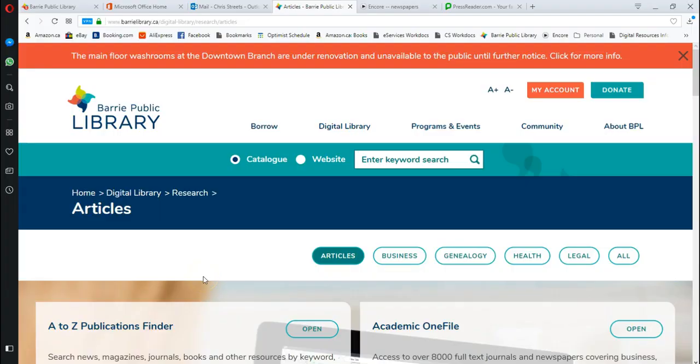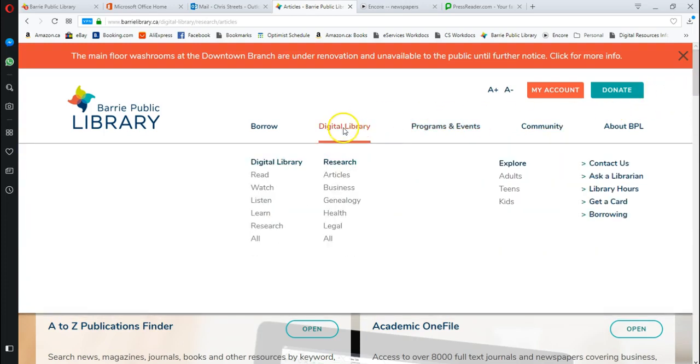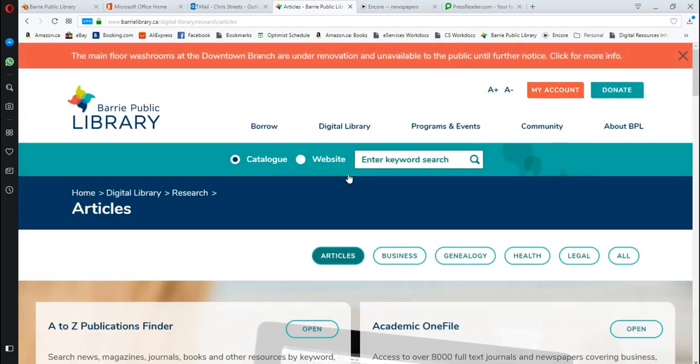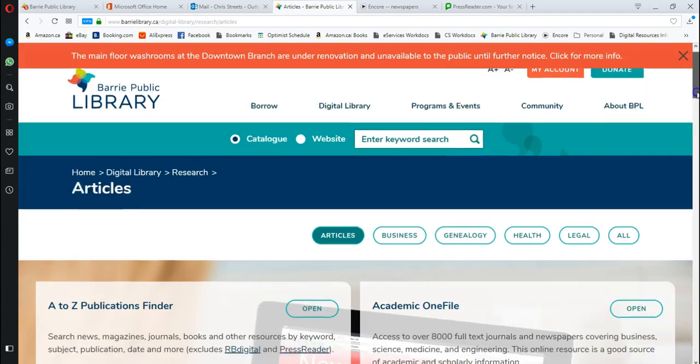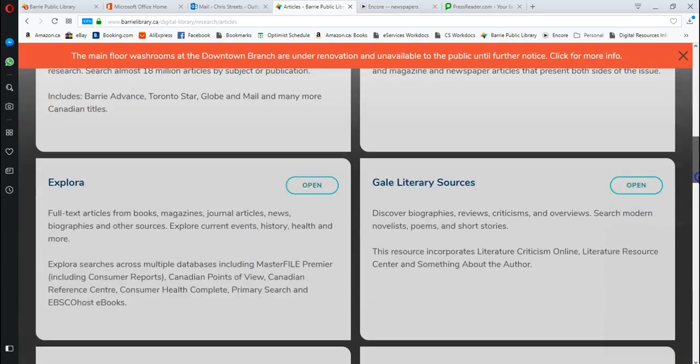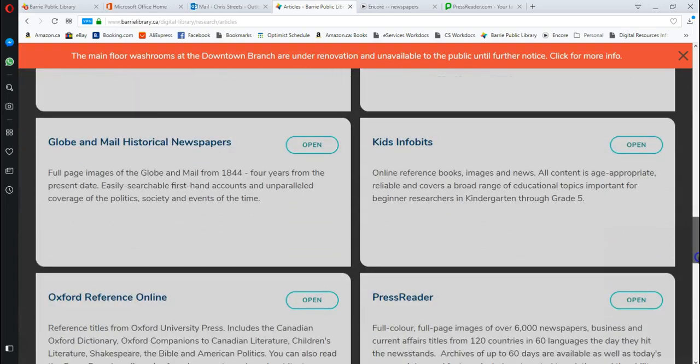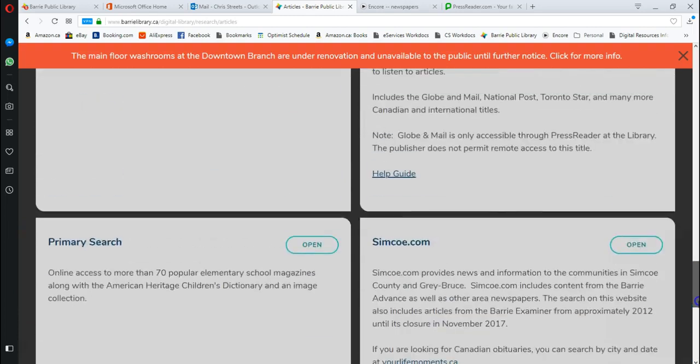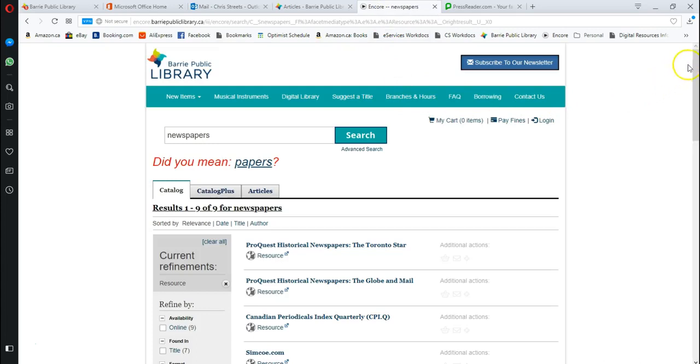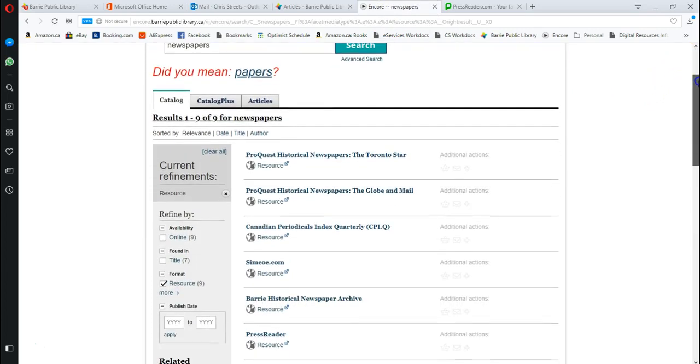And just a final reminder that PressReader, although it has a great breadth of resources, the back catalogue doesn't always go back that far. As I said, mostly at the maximum, usually 2 or 3 months. So if you or a patron are wanting to do some more historical research or get some older newspaper articles, there are other online resources that we have that may be better suited. You can find these on the website in the digital library under the articles section, or you can go on the online catalogue and just do a search for newspapers, and maybe you would limit the format to resource, and then you would find